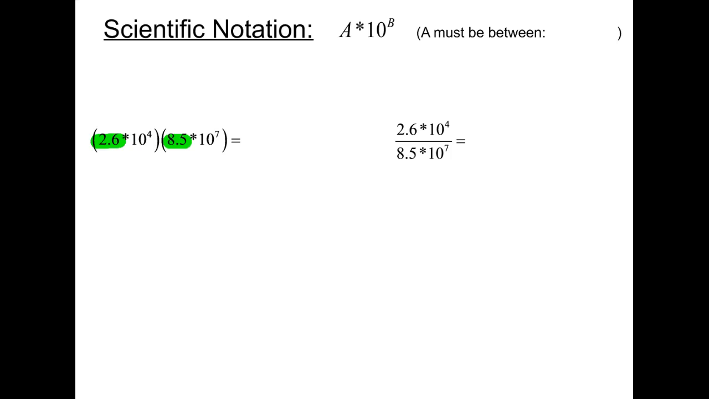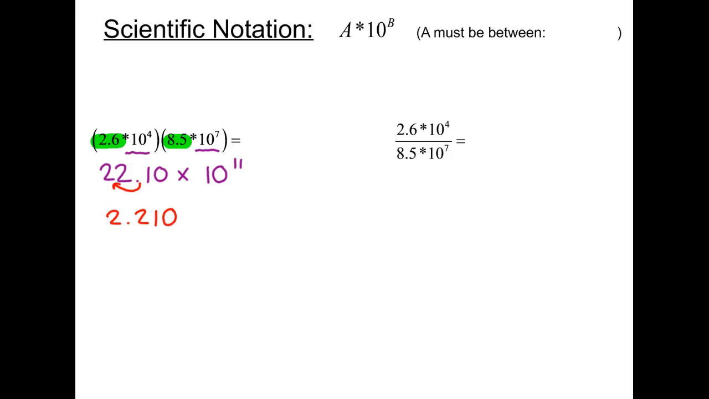Okay? So, if I'm going to multiply those two things, let's see, 2.6 times 8.5 is going to give me 22.10. All right, so I have 22.10 times, and then if I take 10 to the 4th times 10 to the 7th, that's a total of 10 to the 11th. Okay, so I'm combining those. One little thing I have to tweak here is that 22.10 is not valid for scientific notation. So I have to adjust that. I have to take this decimal and I have to move it one place to the left. So this becomes